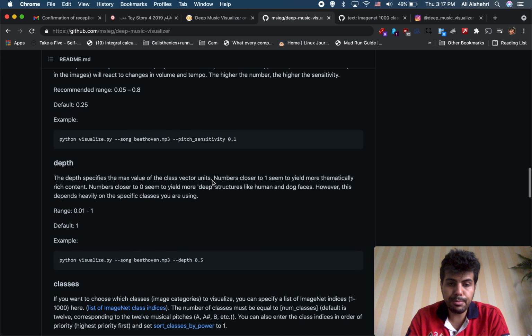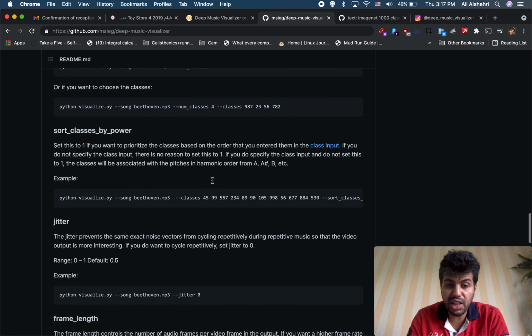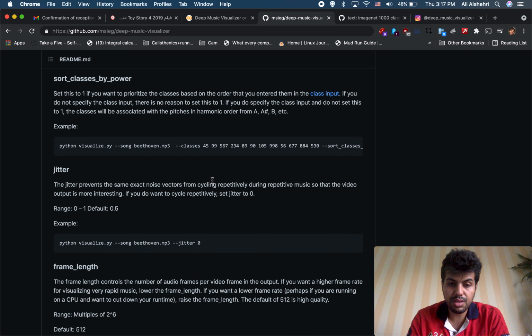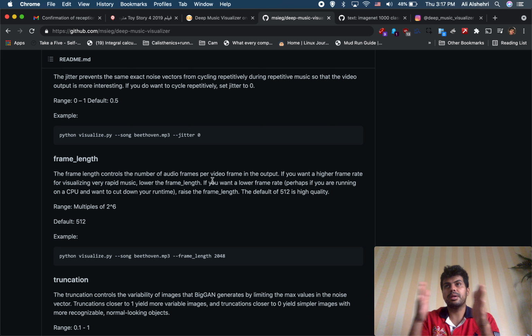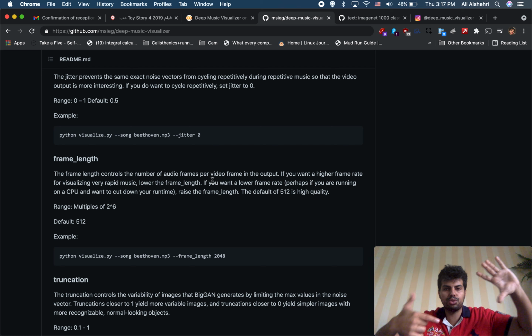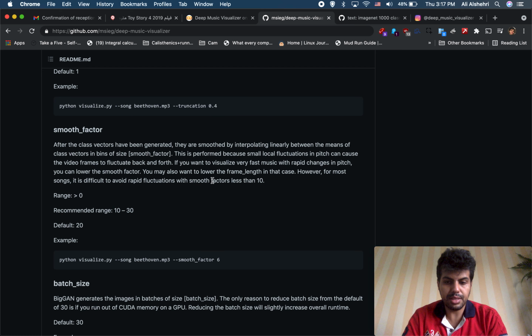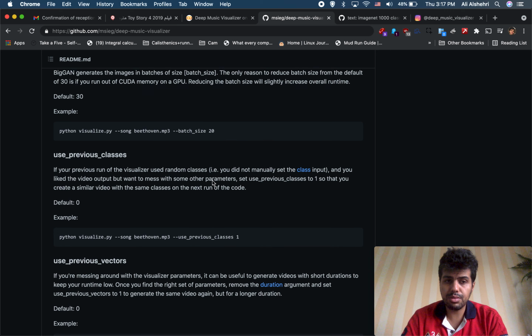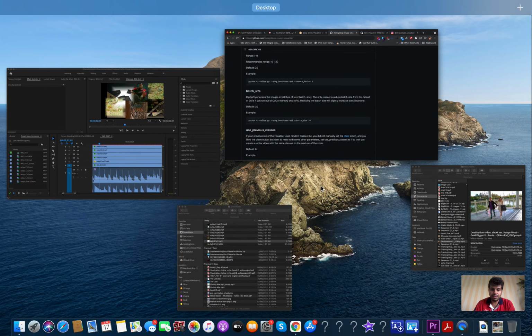And you have tempo sensitivity, pitch sensitivity. You have number of classes, the class numbers themselves. Jitter is how non-repetitive it is. Frame length is how long each optical frame is displayed for, because there's a melding between, say you have 2 pictures or 2 themes, like how many do you want in between. And there's a smoothing out factor, but I usually leave that until the rendering phase,